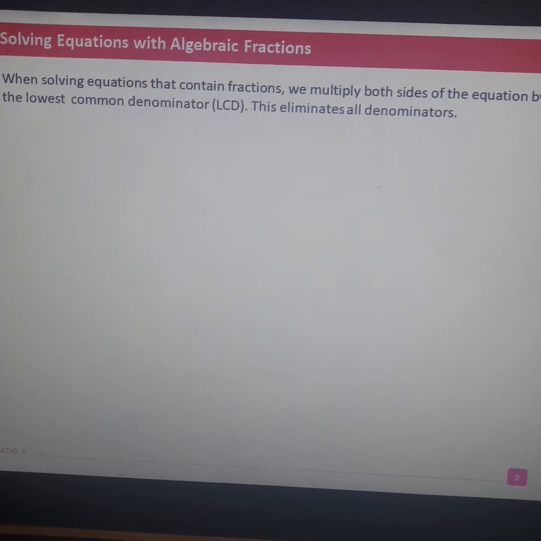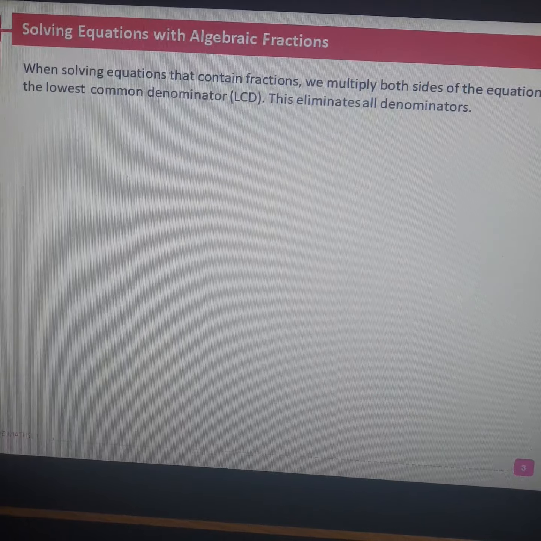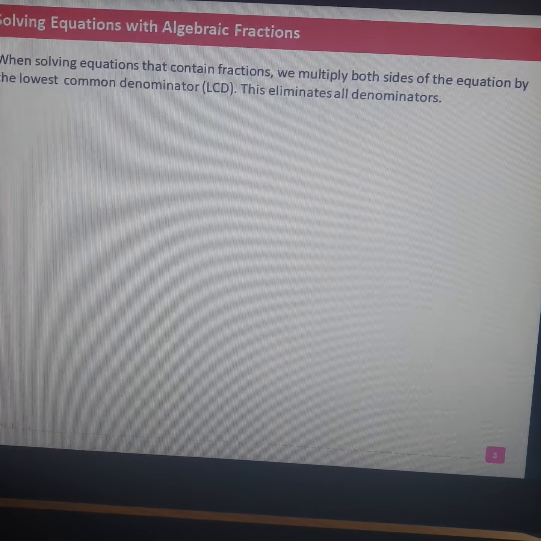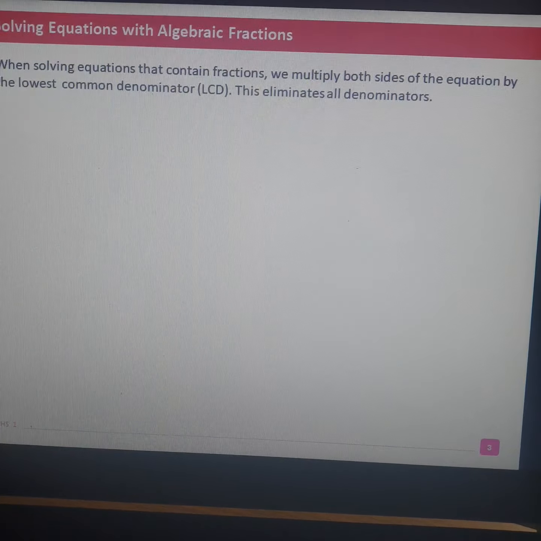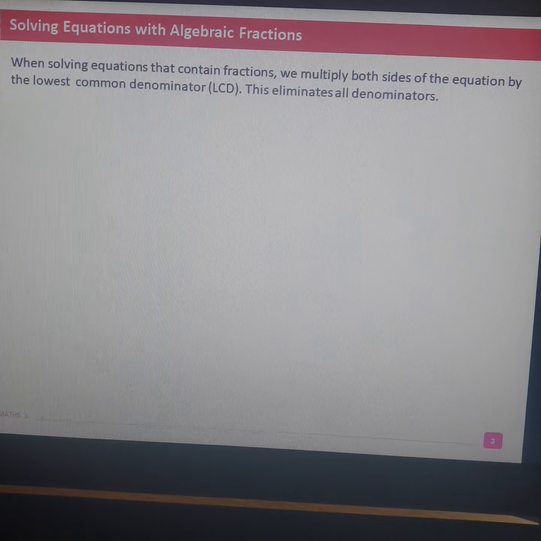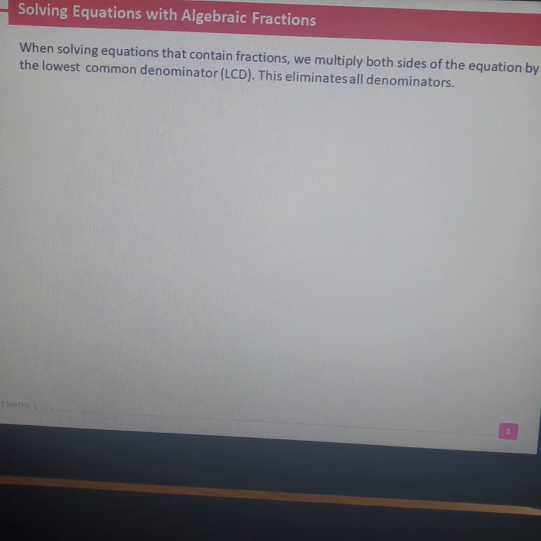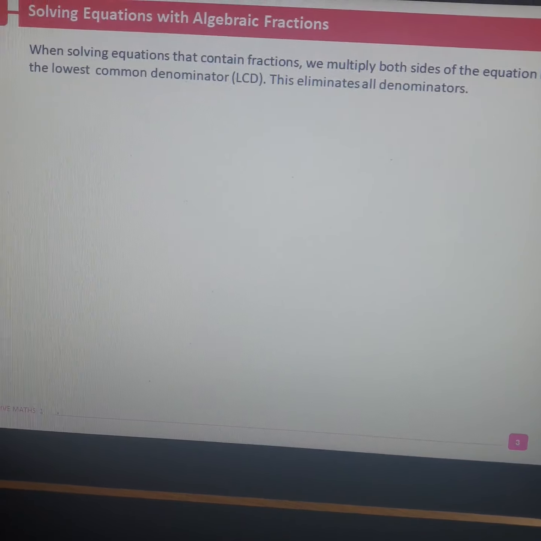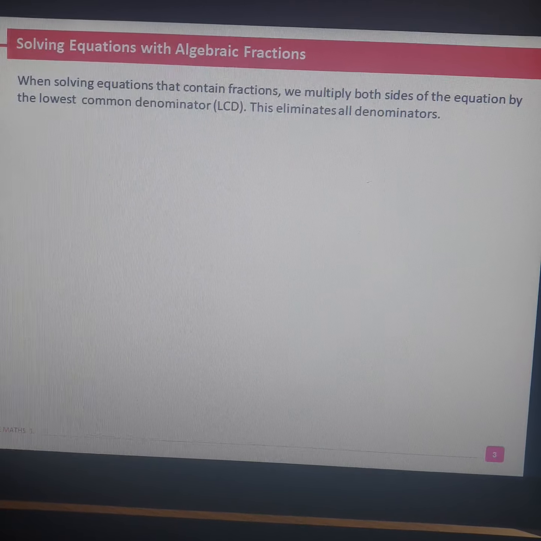Girls, this is lesson 2 on algebraic fractions, and today we're going to look at solving equations with algebraic fractions. So the first note that you need to take down is: when solving equations that contain fractions, we multiply both sides of the equation, or we find the lowest common denominator, and this will help us eliminate all denominators. But firstly, I'm going to give you a quick review on solving algebraic equations in general,